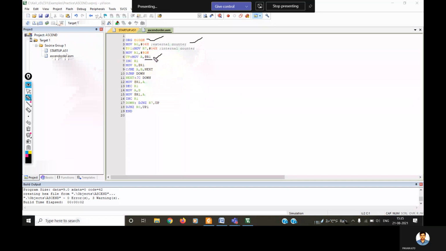That's the meaning. So now the statement provides the provision of accessing a value which is referred to by R1. And then, after getting this value, we will increment the R1 value, meaning we can go for accessing the next location. Whenever the currently accessed location is completed, we can go to access the next location. That's why we increment R1. And now R1 will go for accessing another location.